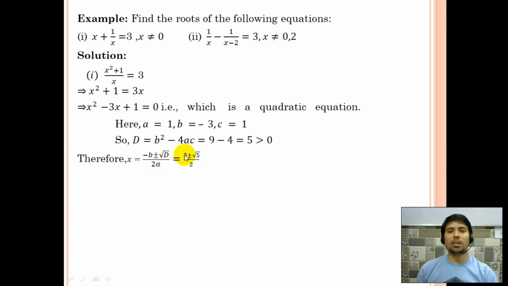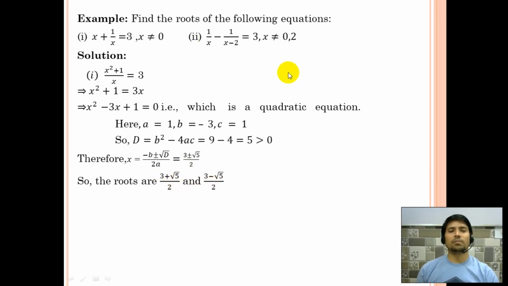Put the value of b, put the value of d, and we know that the value of d equals 5, so we cannot find the root of this number because root 5 is an irrational number. So here we have two roots, 3 plus root 5 and 3 minus root 5, these are the two roots of this, because the value of d is 5 which is greater than 0, and for greater than 0 the quadratic equation has two real and distinct roots. It means both are different, the roots are different, so these are distinct roots.